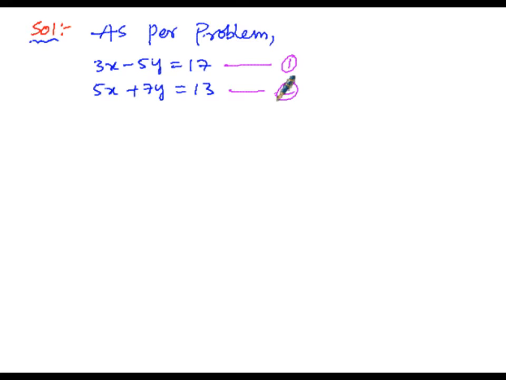As per step number 1 in the procedure, I want to eliminate the variable x from the two linear equations. So I have to make the x coefficient equal. Here the x coefficient in the first equation is 3 and in the second equation is 5. They are unequal. I have to make the coefficients equal, by multiplying. So by the LCM of 5 and 3,